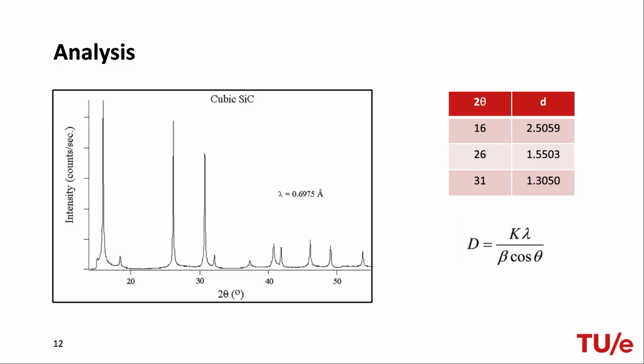In this specific plot, several sharp, intense peaks are observed at characteristic 2 theta values. The sharpness of the peaks indicates a high degree of crystallinity. The presence of only well-defined peaks without significant broad humps also suggests that the sample lacks amorphous impurities. Thus, the XRD analysis confirms that the sample is highly crystalline cubic silicon carbide.